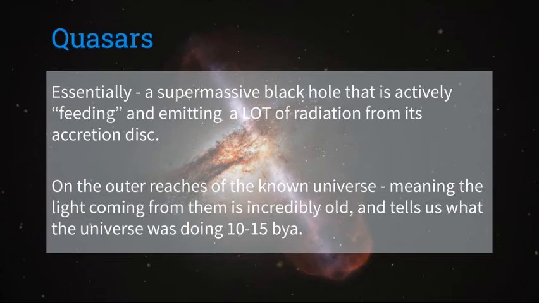So, a quasar, which is short for a quasi-stellar object or QSO, is defined as, let me put on my fancy terminology scientist hat, an extremely luminous active galactic nucleus in which a supermassive black hole with mass ranging from millions to billions of times the mass of the sun is surrounded by a gaseous accretion disk. So basically,